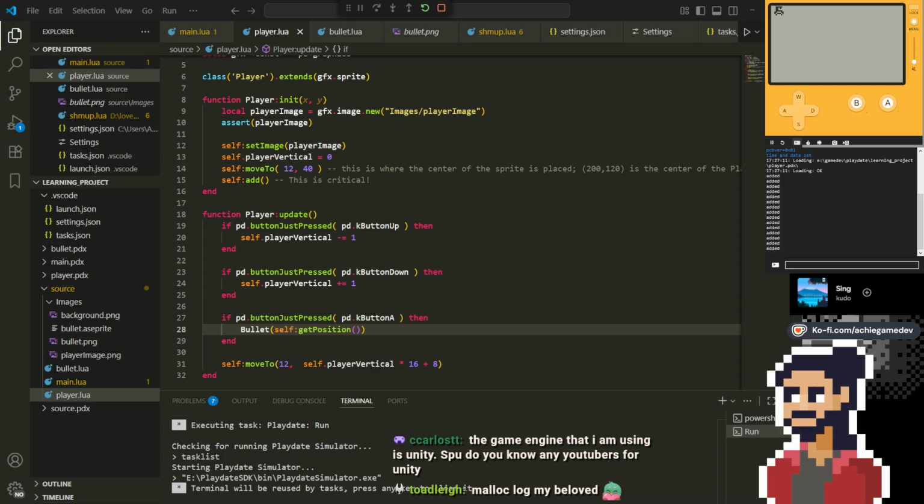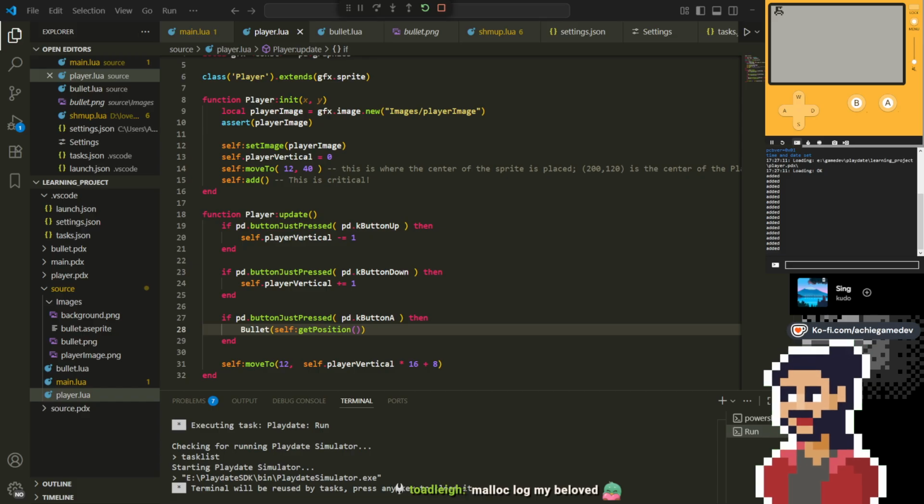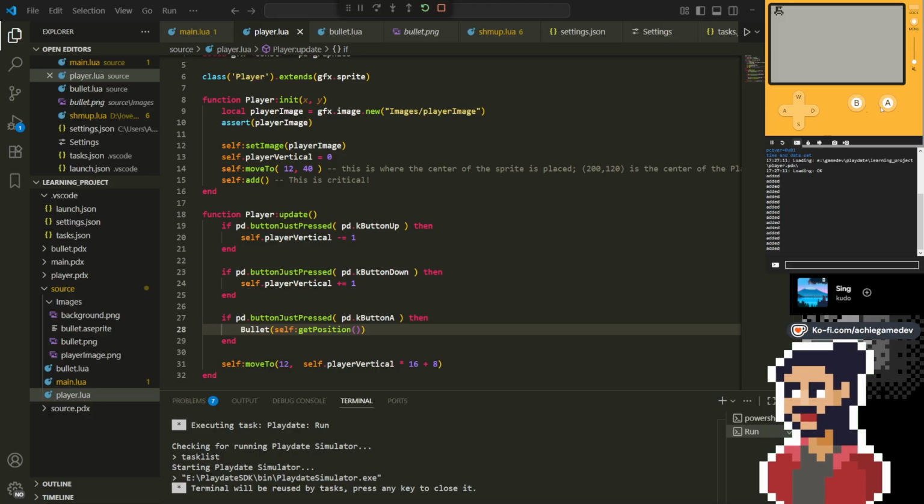Oh, wait, what? Oh, it does categorize? This object, update timers. So I can see the odds. So this should